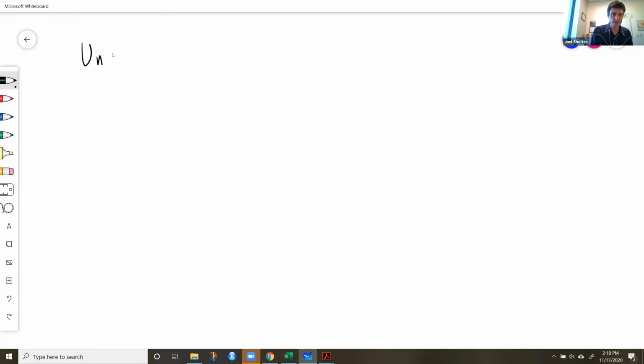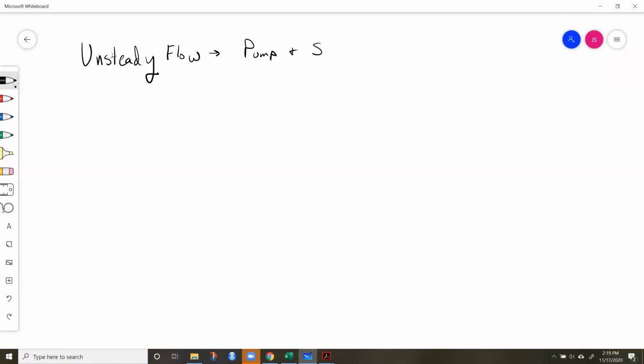So we're going to talk about unsteady flow. Before we were talking about steady flow. And could someone tell me what I meant by steady flow when it comes to groundwater and well pumping and the like? Discharge doesn't vary with time. Okay, so discharge does not vary with time. And that means also that we've given it enough time to equilibrate.